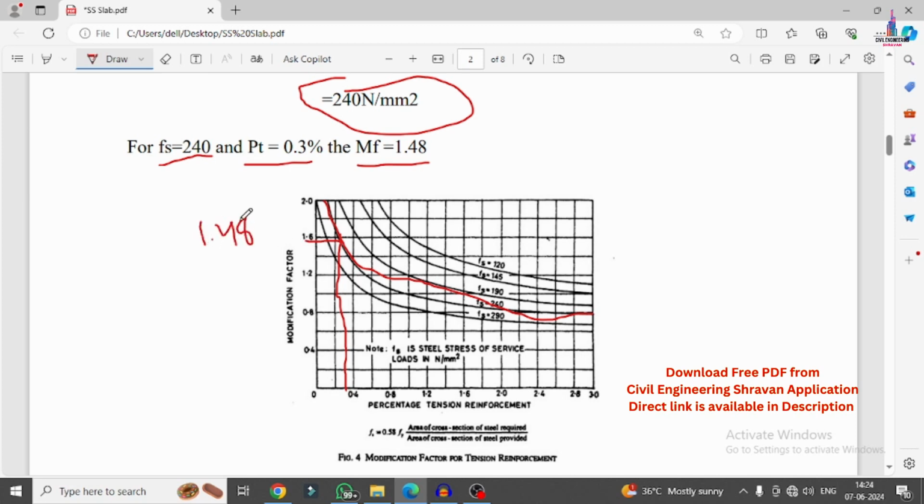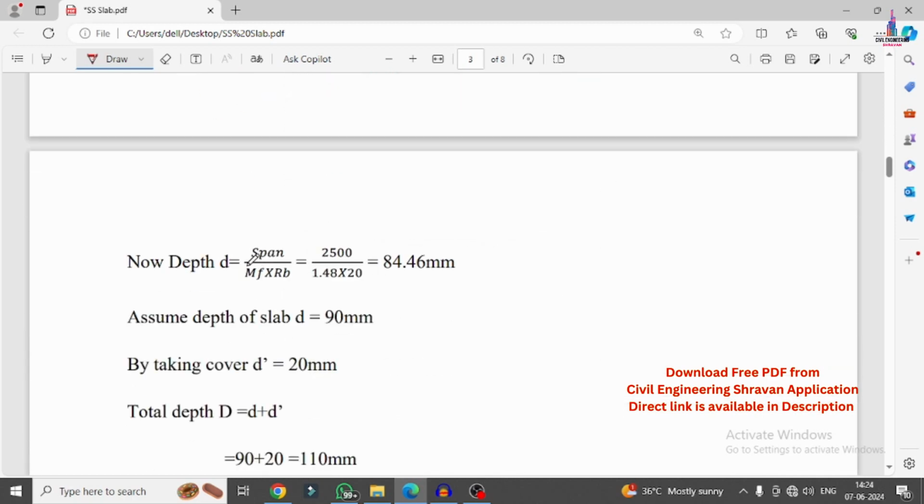We have to consider the 1.48 multiplication factor, and after considering it, we have to calculate the depth, which has the formula span divided by multiplication factor into RB value. 2500 divided by 1.48 into 20 comes to 84.46 mm. So let us assume the depth of the slab is approximately, just taking roughly, 90